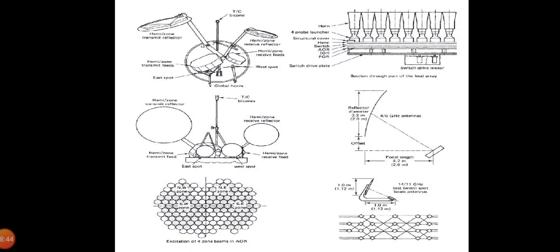The TWTAs aboard the satellite may also be switched to provide redundancy, and this scheme is shown as 4 for 2 redundancy, meaning that 4 channels are provided with 2 redundant amplifiers. For example, channel 1A has amplifier 2 as its primary amplifier, and amplifiers 1 and 3 can be switched in as backup amplifiers by ground command.